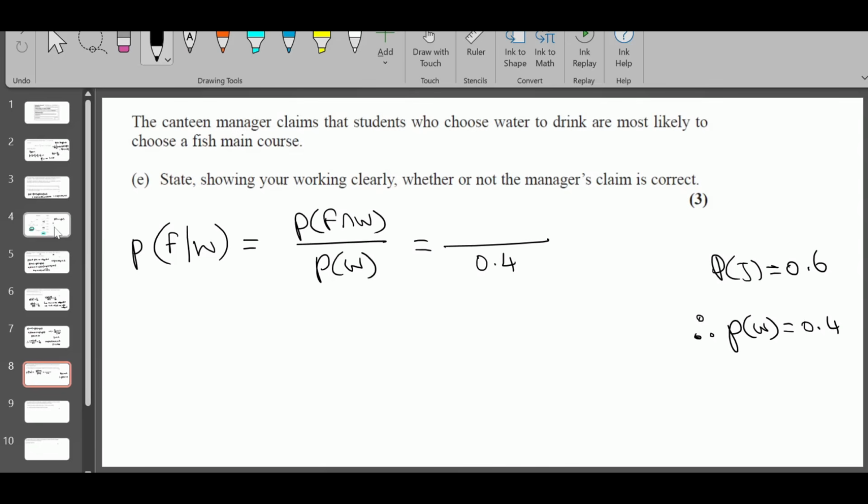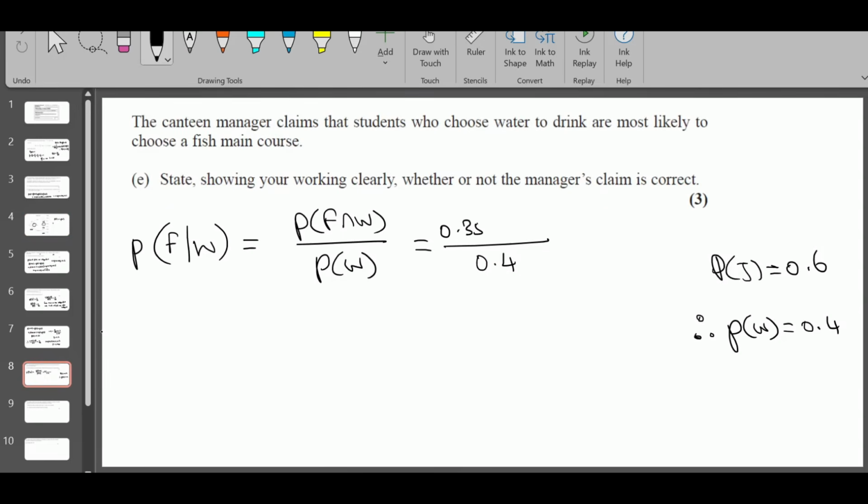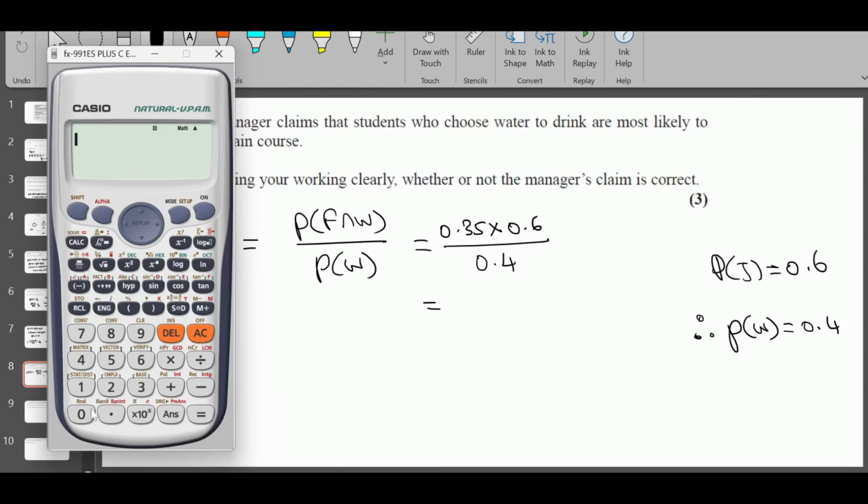F intersection W, from the tree diagram, is 0.35 times Q. So 0.35 times 0.6 divided by 0.4. Okay, let's calculate this now. 0.35 times 0.6 divided by 0.4. I get